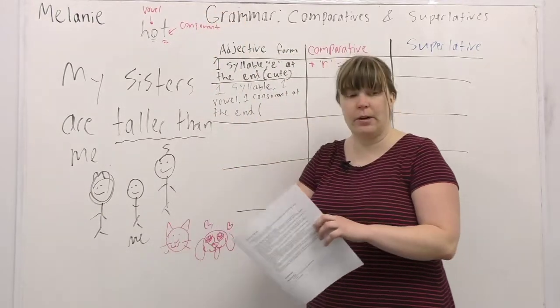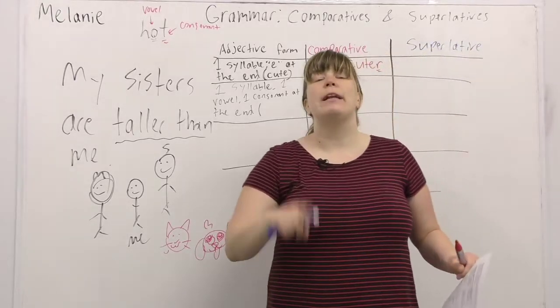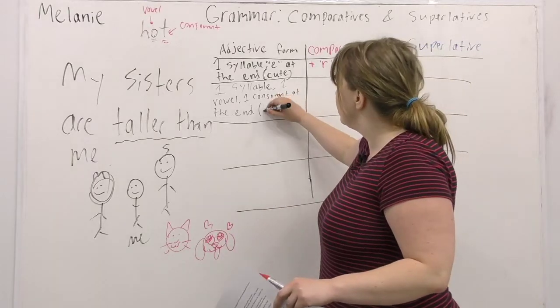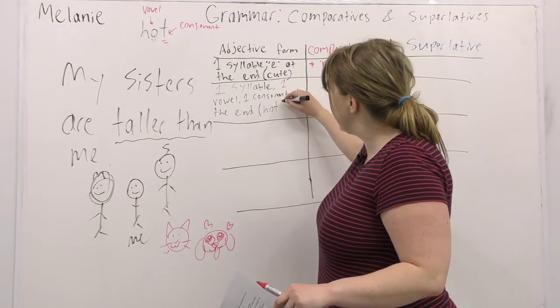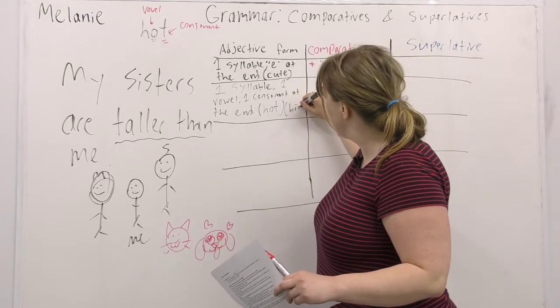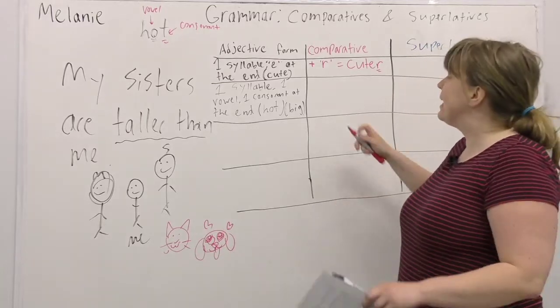Okay, so basically words that have one vowel and one consonant at the end. For example, we could say hot. Let's use hot. And maybe big. So we got two words. What you are going to do is